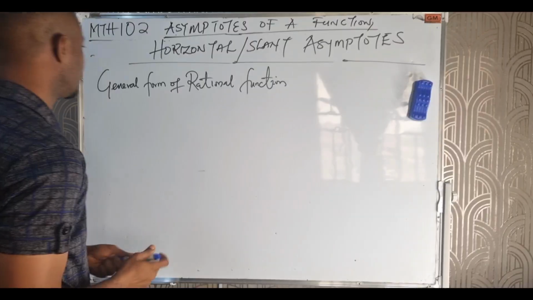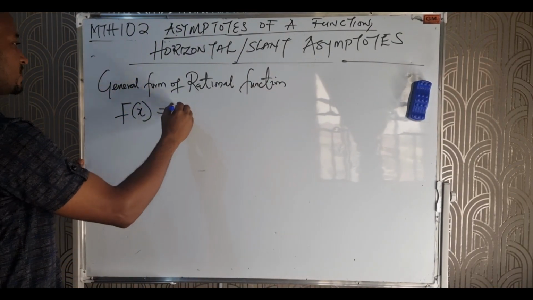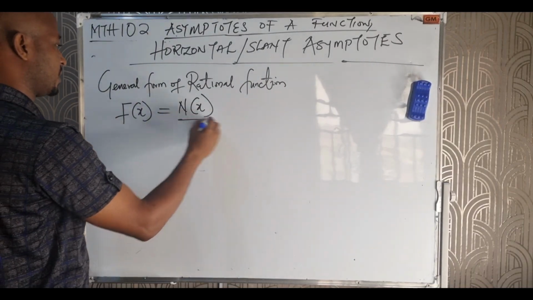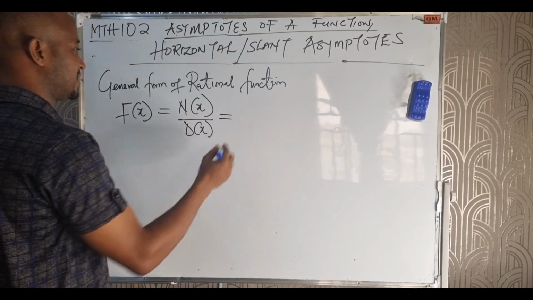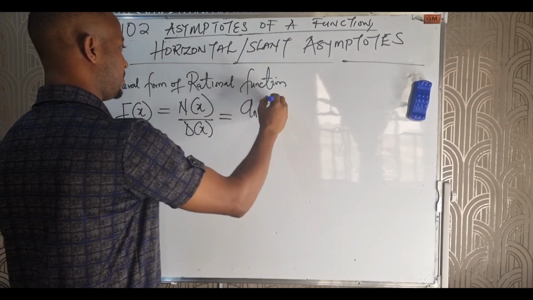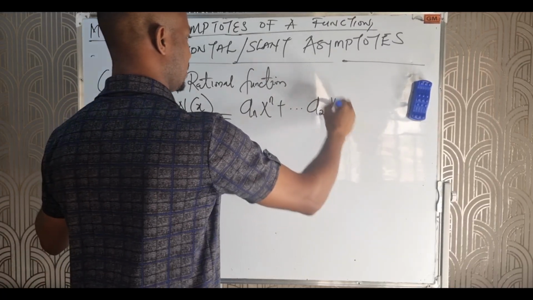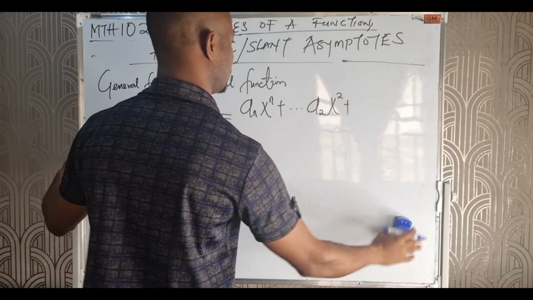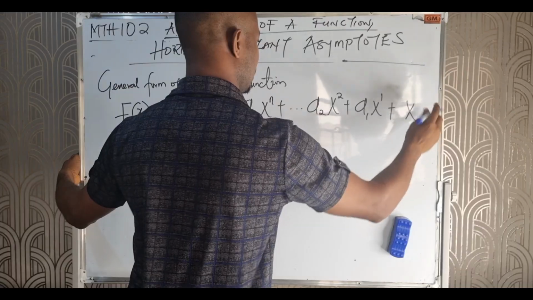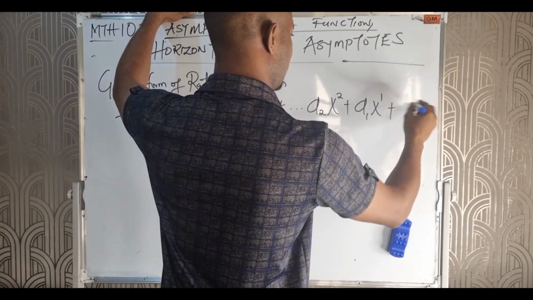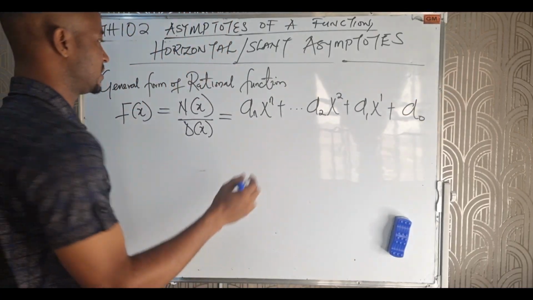Now, don't forget that the general form of all rational functions is given as f(x) = N(x) divided by D(x), where N(x) can be represented as a_n x to the power of n plus dot dot dot plus a_2 x to the power of 2 plus a_1 x to the power of 1 plus a_0, right? x to the power of 0 is 1, then divided by,